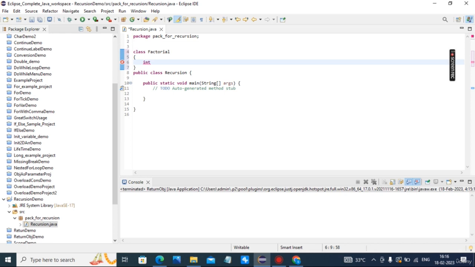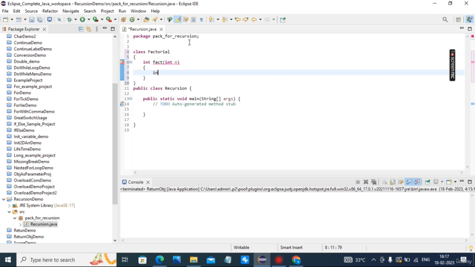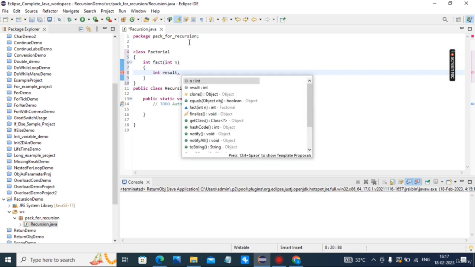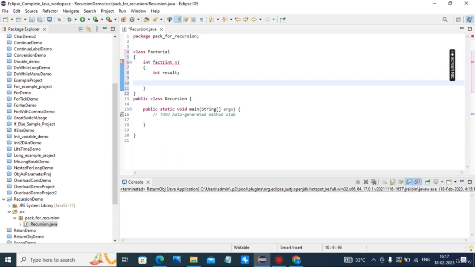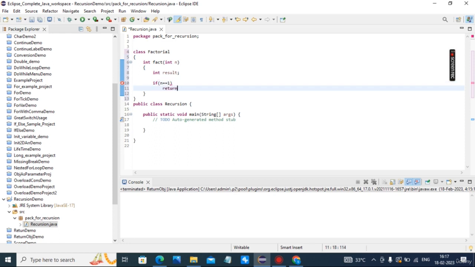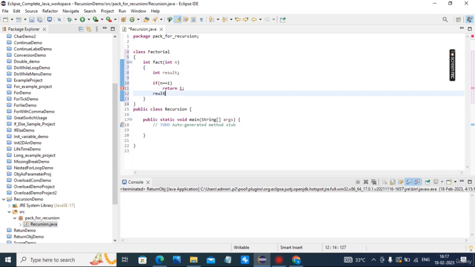int factorial(int n). If n is equal to 1, return 1.